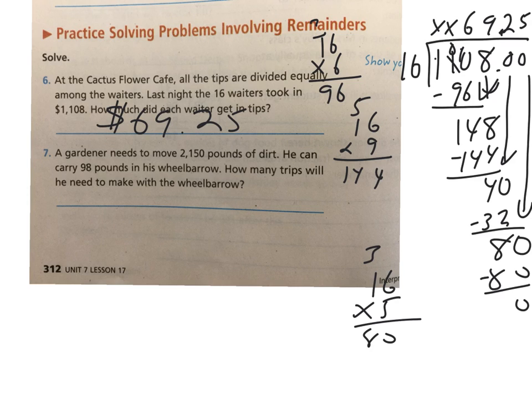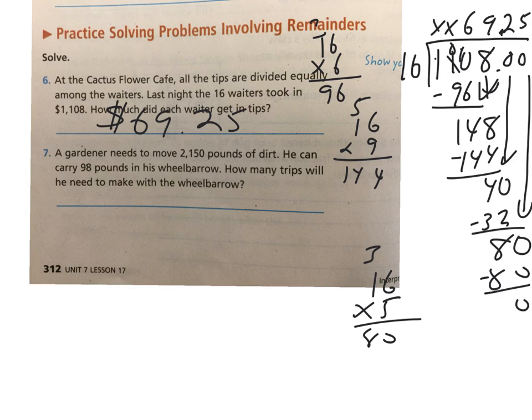Let's see how you did on this one. A gardener needs to move 2,150 pounds of dirt. He can carry 98 pounds in his wheelbarrow. How many trips will he need to make with the wheelbarrow? This is one where you're going to be rounding up with the remainder. You're going to do the division, and if there's a remainder, we're going to round up because you're going to have a little more dirt left over